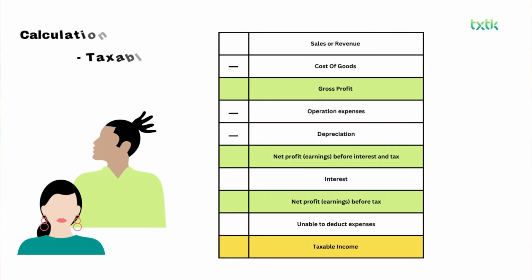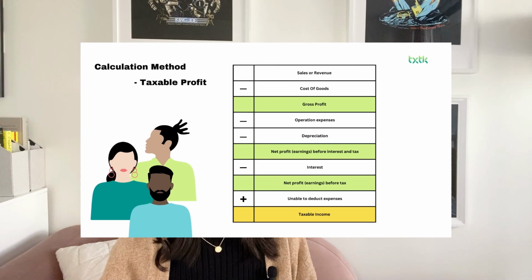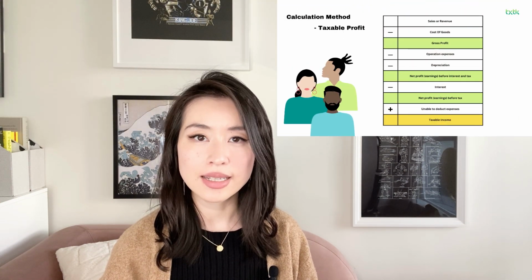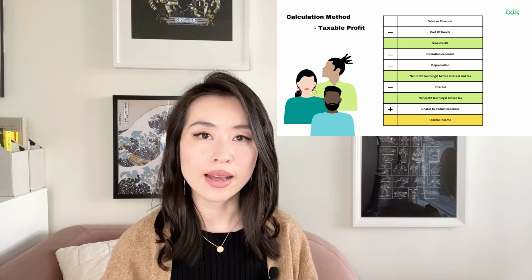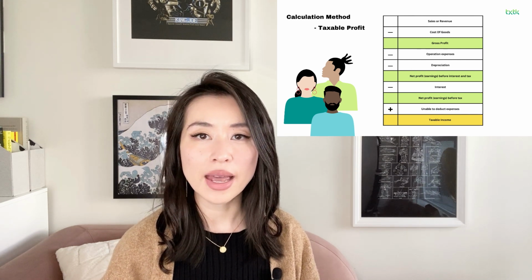The net profit is essentially your company's income minus direct costs, operating expenses, and annual depreciation expense. However, some expenses as defined by the tax law cannot be fully considered operational costs. In such cases, we need to add back the extra expenses we deducted from net profit to arrive at the